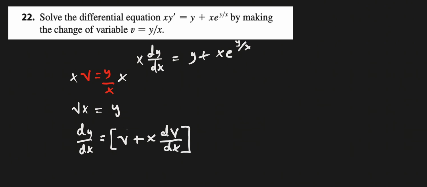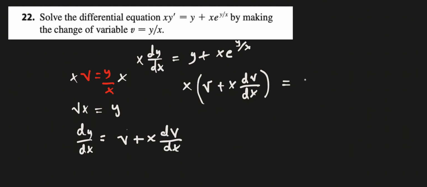Let me just make sure that I'm doing this right. So dy by dx, with y equal to vx, the y prime is equal to v plus x dv dx. Yep, this is right. Okay, so this is interesting because we can write this instead of that. So this is just going to be x dy by dx, which is v plus x dv by dx, is equal to, y is just vx